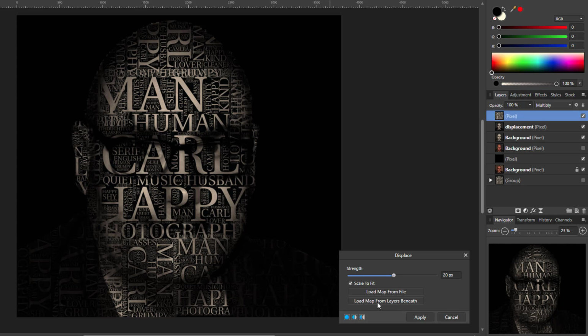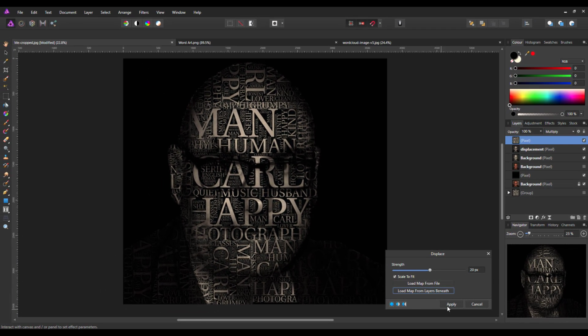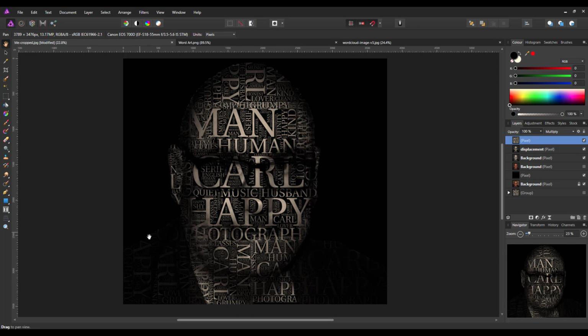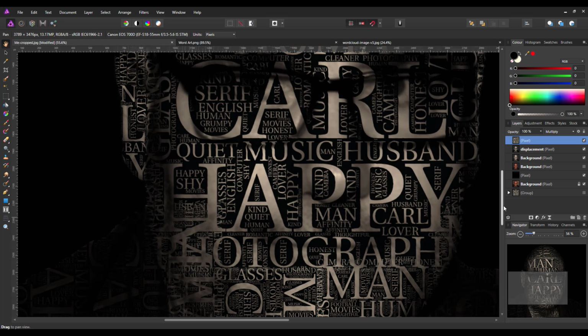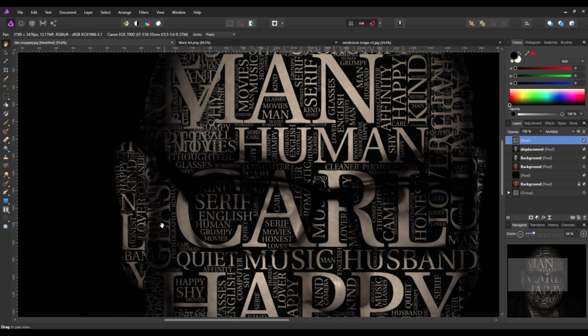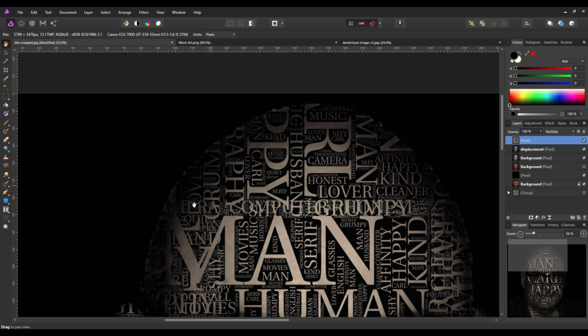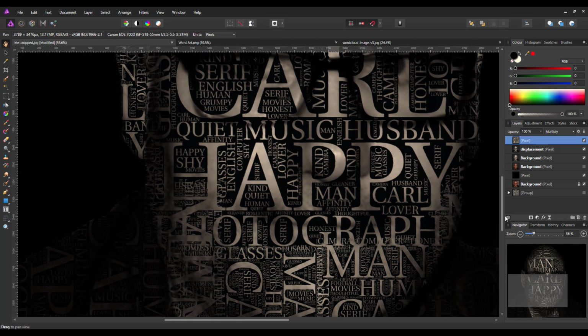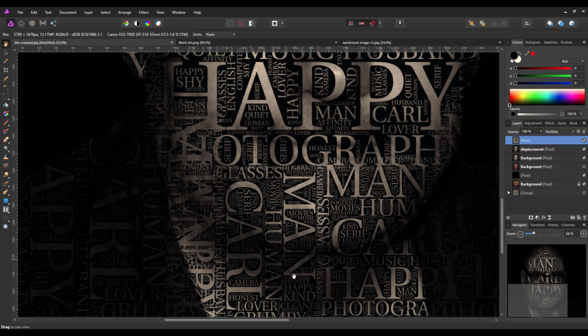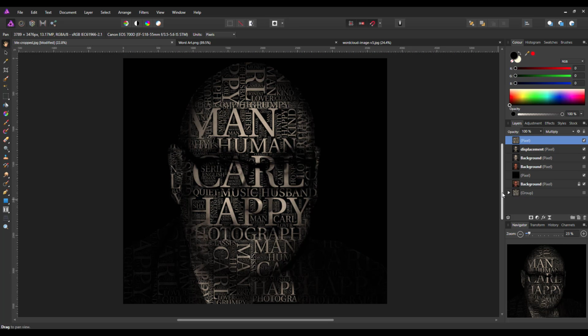Hopefully this will now start to look like it's wrapping around the facial features. I'll just click again on load maps from layers beneath just in case it has come off for some reason, and then click apply. So hopefully if I zoom in now, it will give the impression that the words are going around the face rather than just a plain flat image. You can see it looks like it's going over the nose a bit. Now Displace in Affinity Photo probably doesn't work as well as it does in Photoshop, or maybe I'm just doing something wrong, but